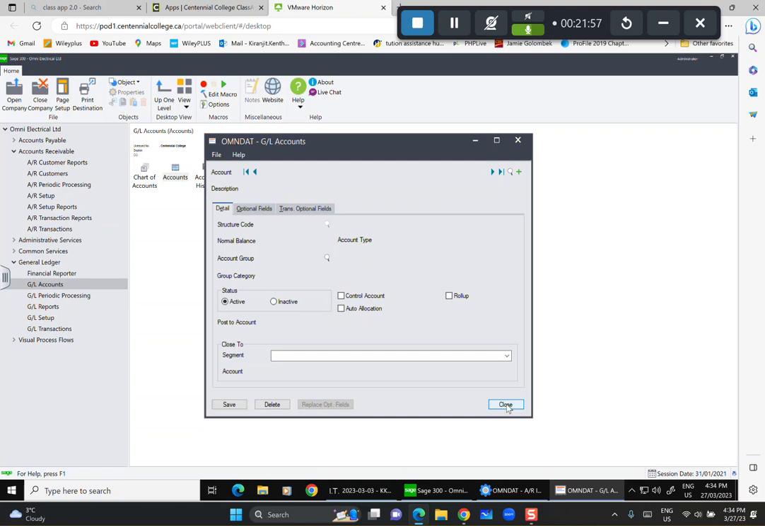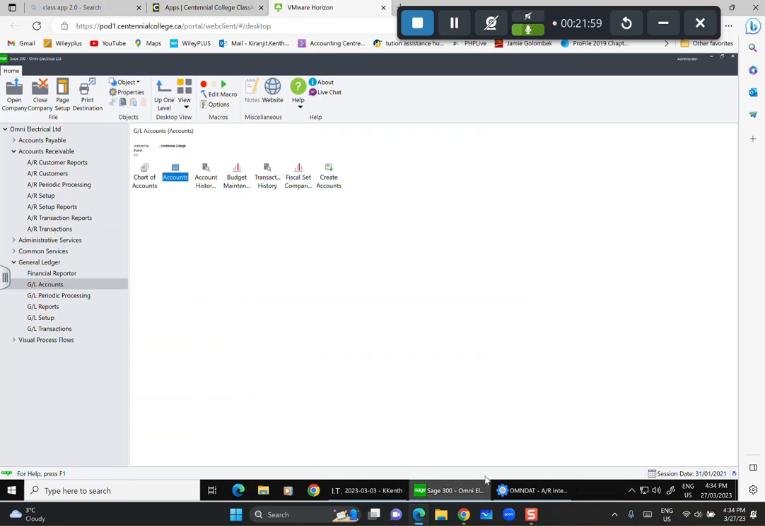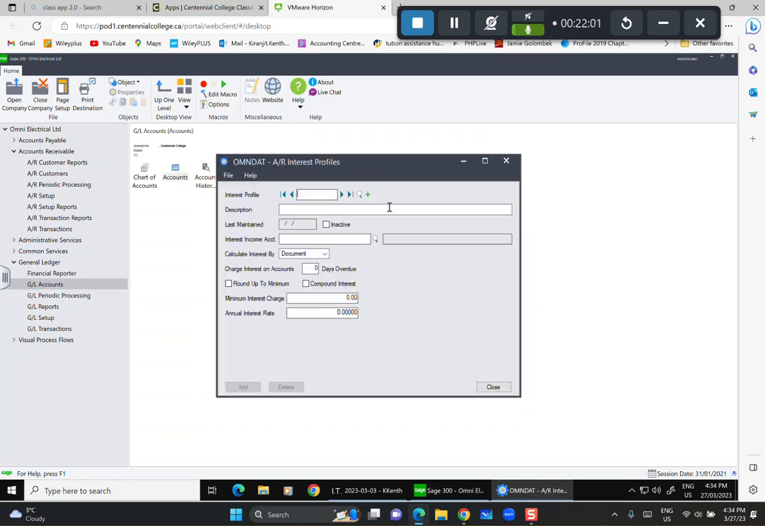Now we're going to go back to where we were. We were in our AR module. Well, that's where we were trying to connect it. What we're going to do is call this interest, EINT0. So in this case it's the interest profile they wanted. So in this case, if it's an excellent customer,